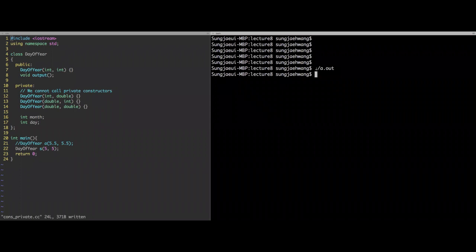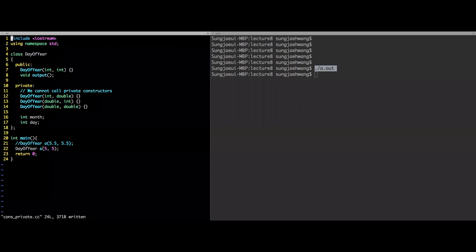Okay, so it compiles well. It does not produce any output because it just creates the objects. It compiles well because I passed the two types of values, which is this one. So this public